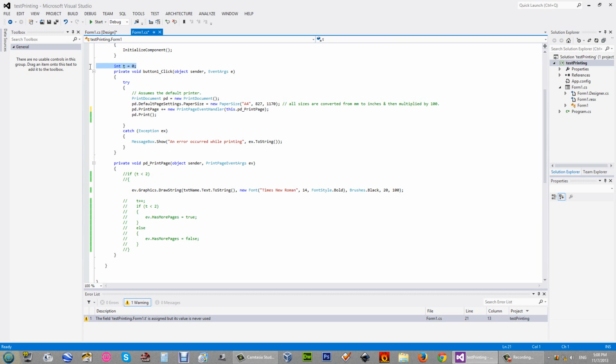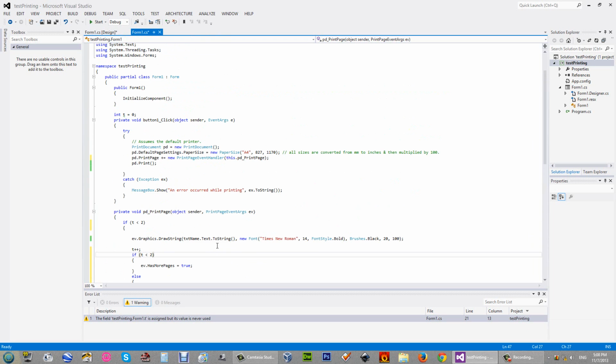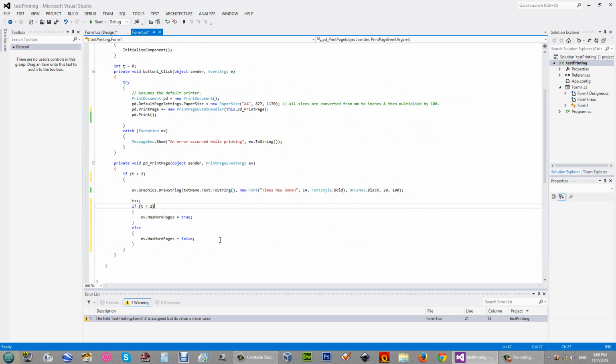That's why I have created a variable called t, and now I am going to uncomment this and this one. Now here what's happening is, if I want to print 2 documents,